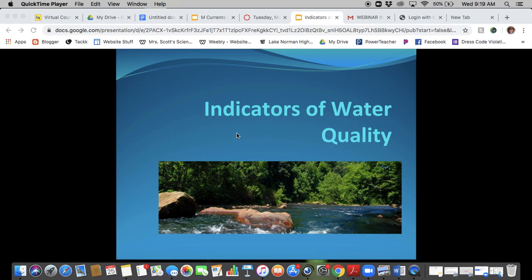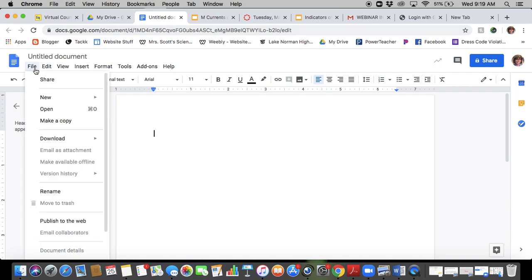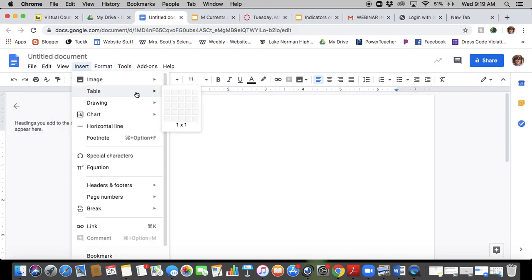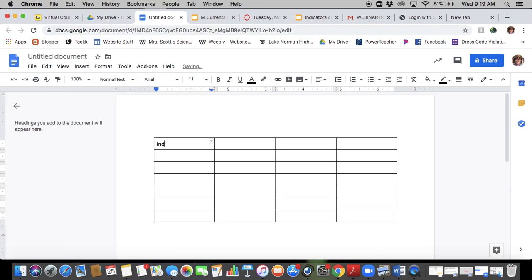Before we get started, I want to show you how you can set up your notes to make it a little easier on yourself. We're going to be looking at 6 different indicators of water quality. So you can make a table in your notes. The heading would be indicator. We're going to learn what each word means,